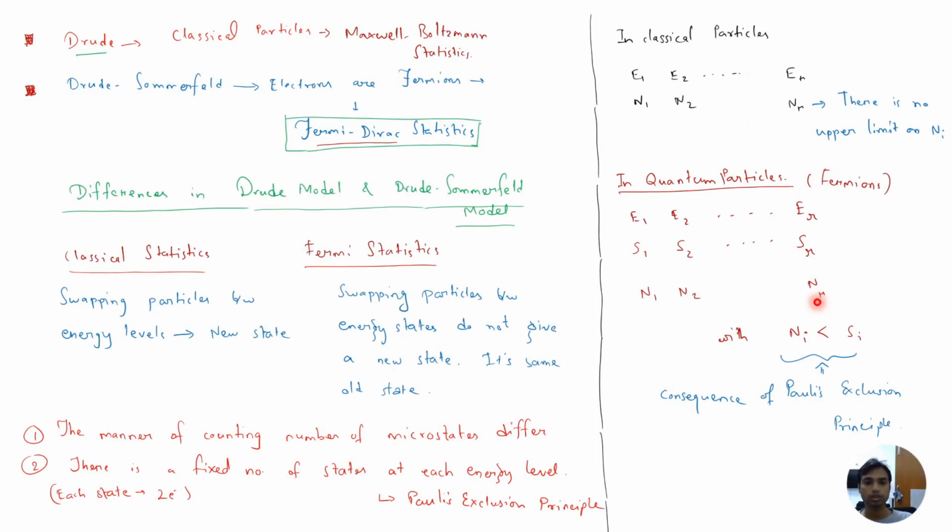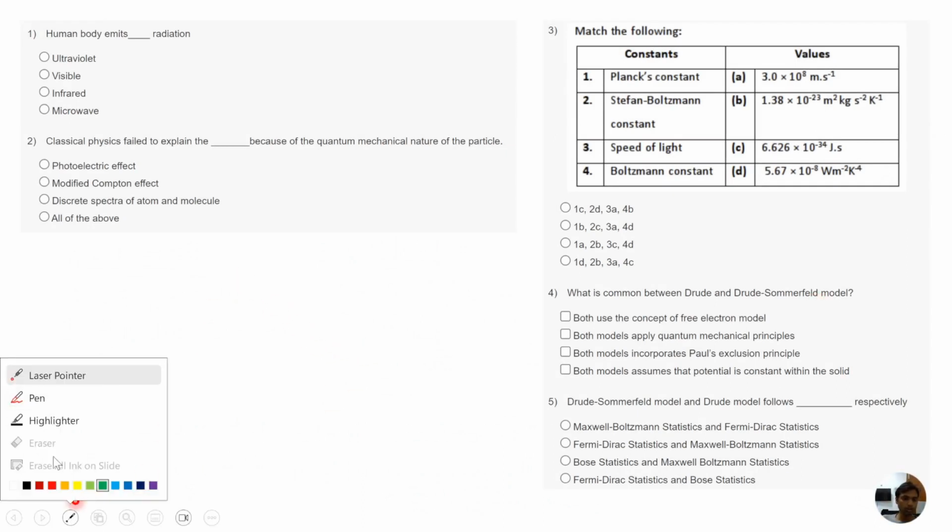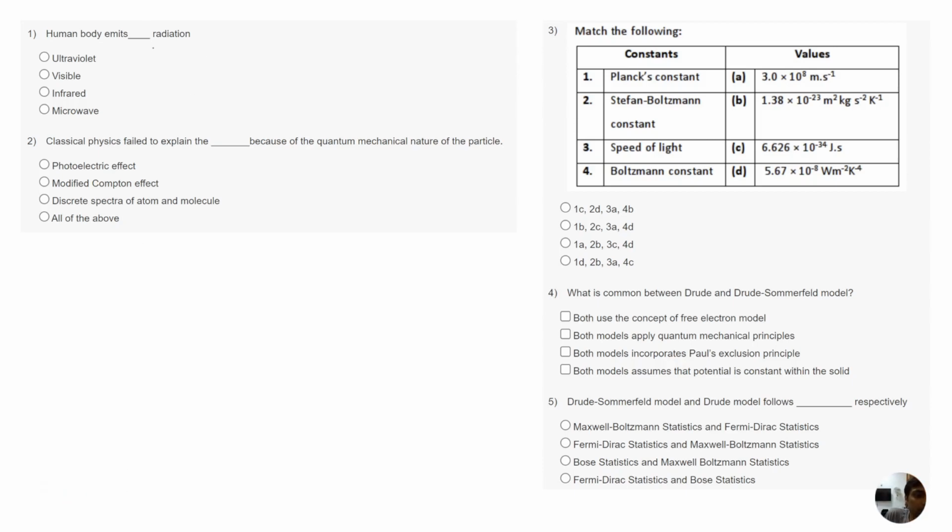So, these are all the theoretical part, and based on this, let us discuss some of the questions. So, the first question, let us see: the human body emits dash radiation. So, the fact that the human body has a temperature of 37 degrees Celsius, which is 37 plus